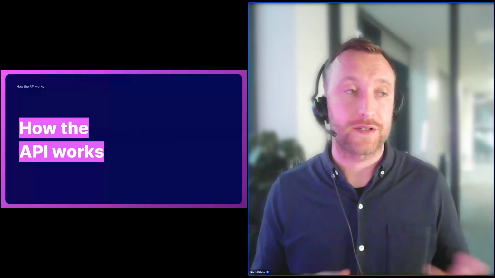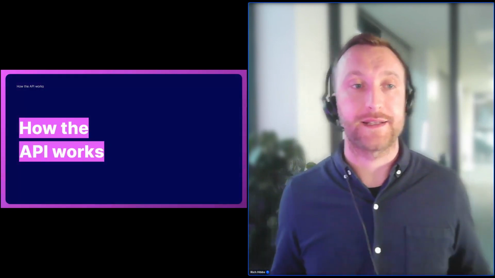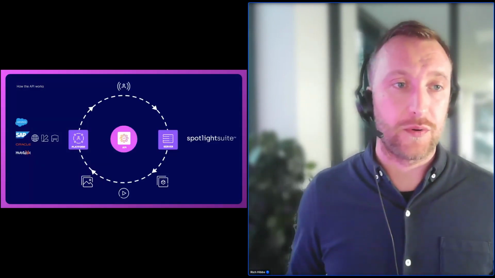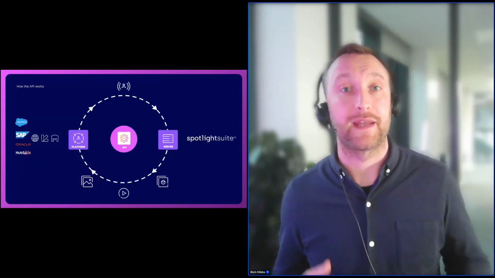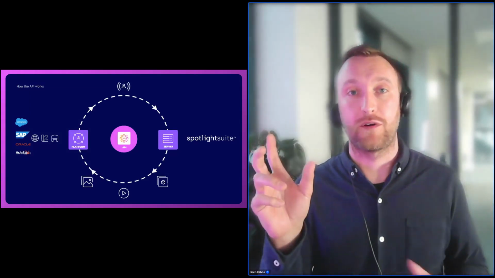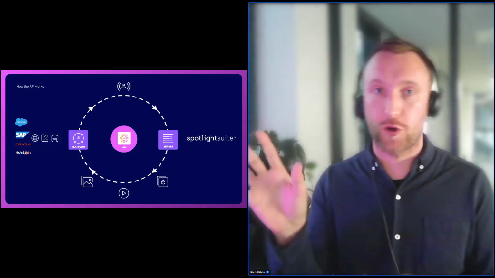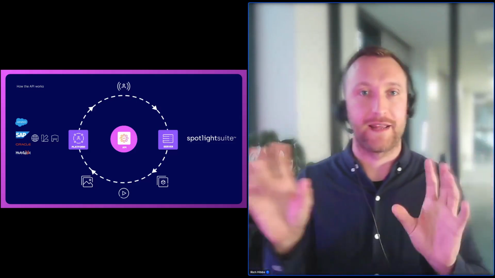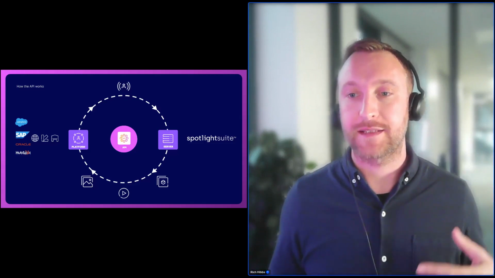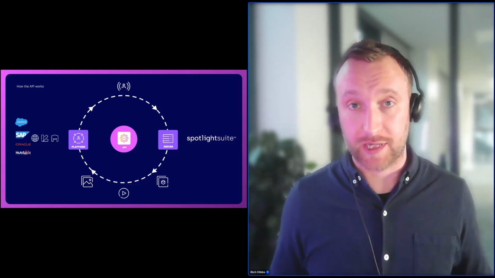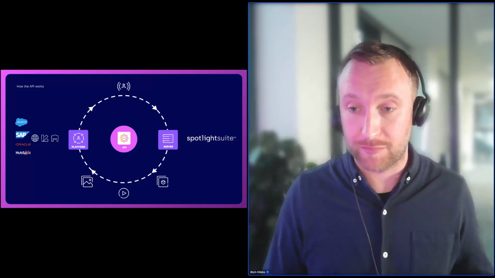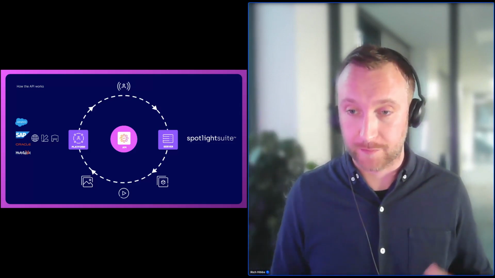Okay, so I did touch upon for automation scale, we need to harness the API of the platform. What does that even mean? So the API is the application programming interface, and it basically means that one platform is able to speak to another. One robot speaks to another robot in their own beautiful language. And with this slide, what we're trying to convey is that platform, Spotlight Suite, the content creation platform, can speak with kind of any other platform that the OEM decides within reason.